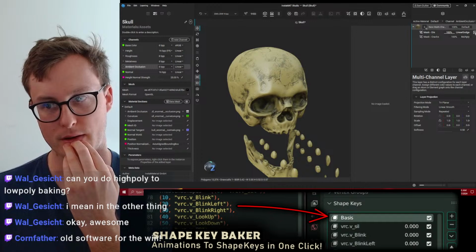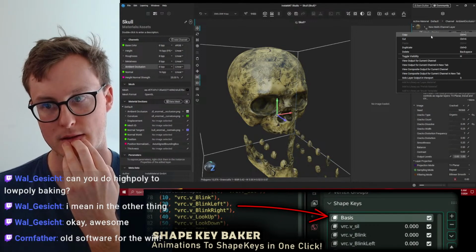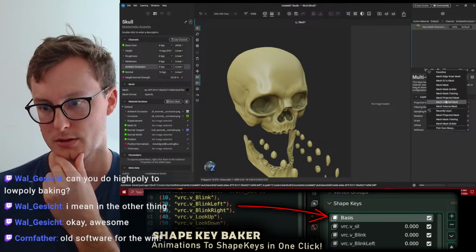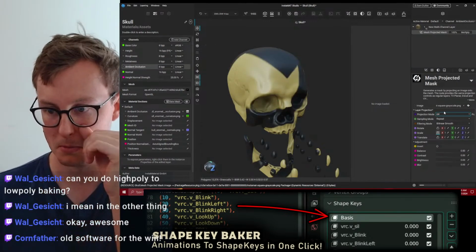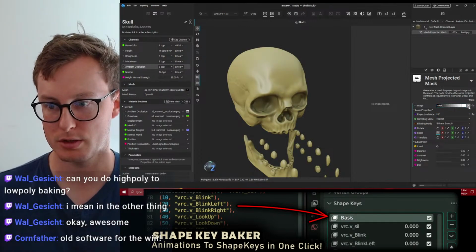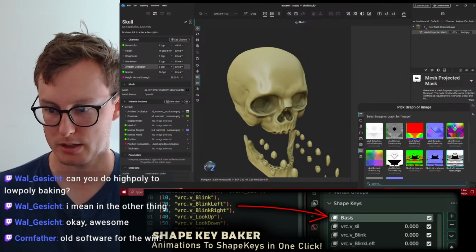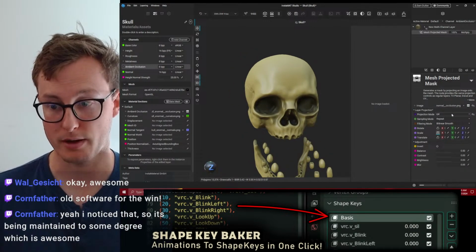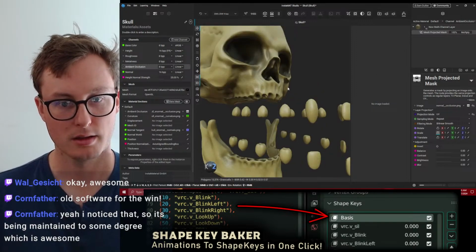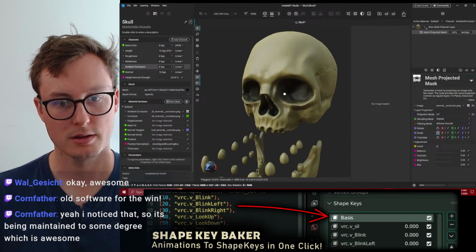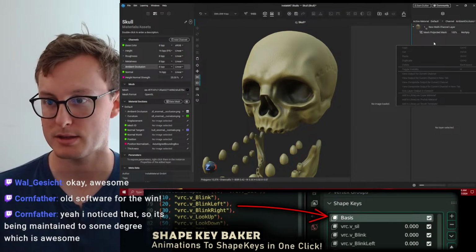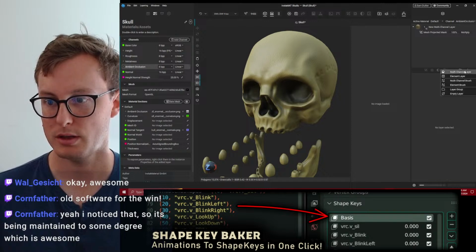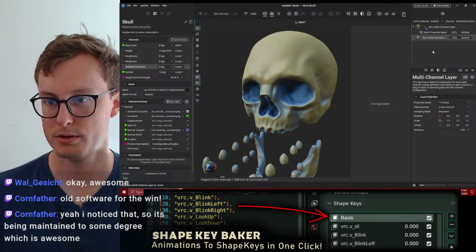All right, I'm gonna get rid of our experiments here with the masks, and we're gonna add a new one. UV project. Projected mask on the UV, and I'd like to use my ambient occlusion map that we brought in. Wow, that looks really fucking good. Nice. A noise. And then let's add a new layer on the bottom here.